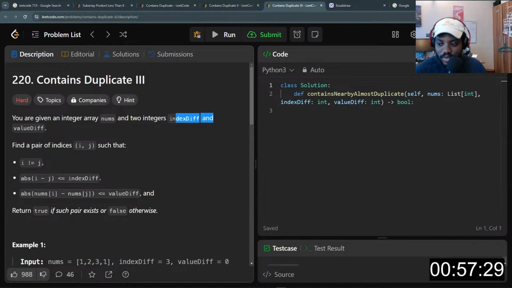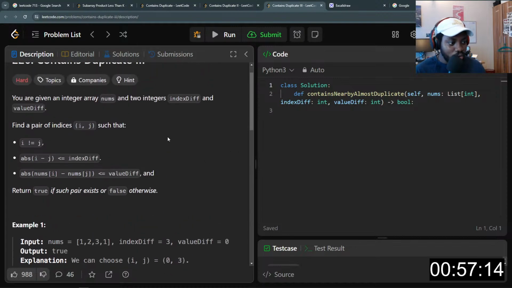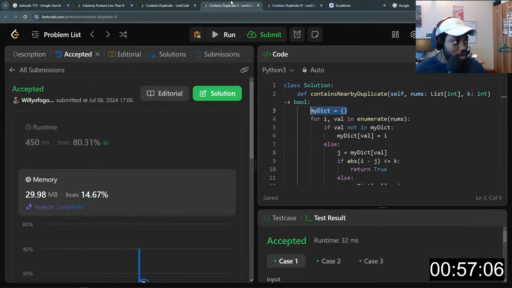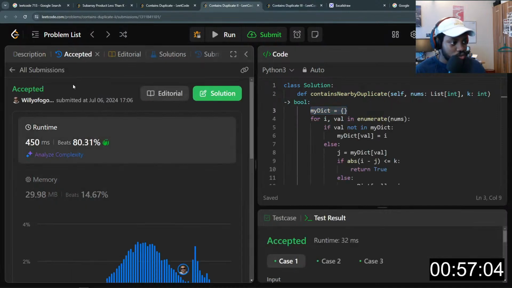So this time around, we are given 3 inputs. Before we had 2. We did this as part of Contains Duplicate 2, sorry.